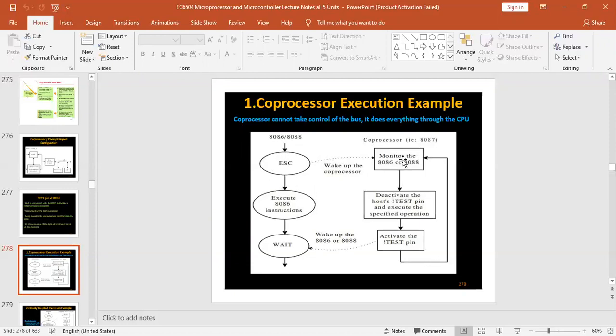Then the 8087 processor will deactivate the test pin which is there in the 8086 microprocessor. After finishing the operation, the 8087 coprocessor will activate this test pin. Once the test pin is high,